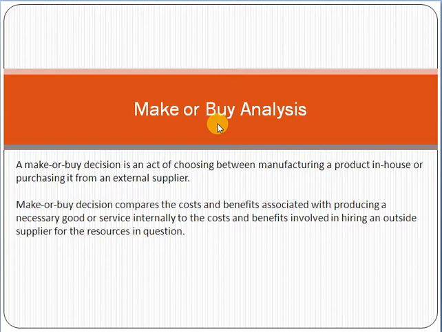So this is another option. So what is the analysis basically here? Basically, the analysis is that if you make the solution by yourself, the cost, the effort and the capabilities will be involved here. If you outsource it or buy it from a third party, then obviously the cost, time and effort will be involved in the other solution as well.